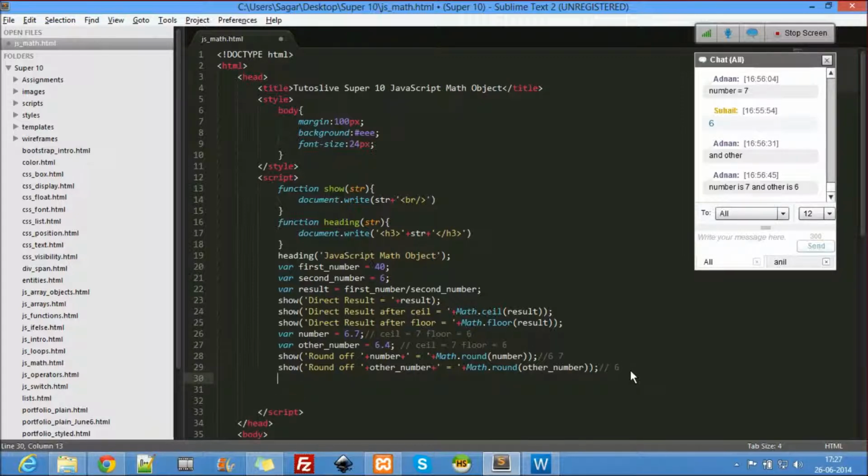So here we have result, right? So let's take the result and scale it to 2 decimals. Result dot toFixed.